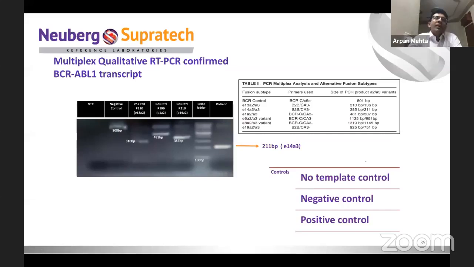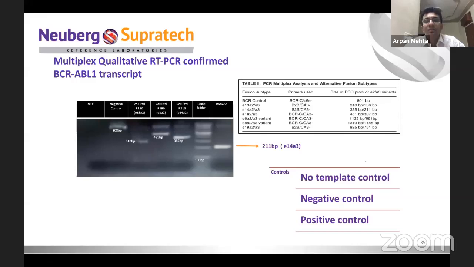So how will we detect these? At the end of the PCR cycle, we will have products which we load on a gel and perform electrophoresis. And we add something called a ladder, which will have known size fragments. So comparing the size of these fragments with the ones that we get in patients, we can know the approximate size of fragments and know which transcripts are present. To know whether our reaction or the PCR has worked properly, we use different types of controls.